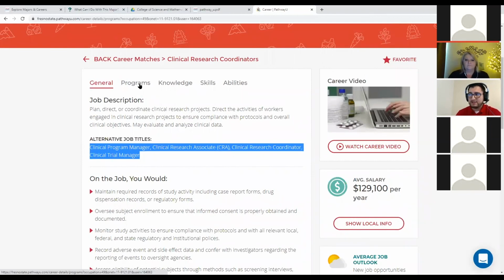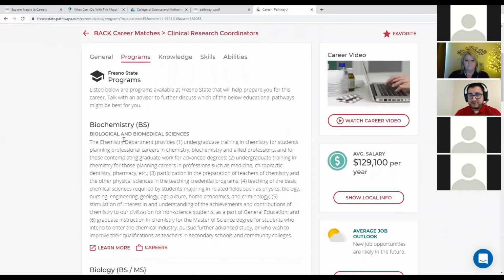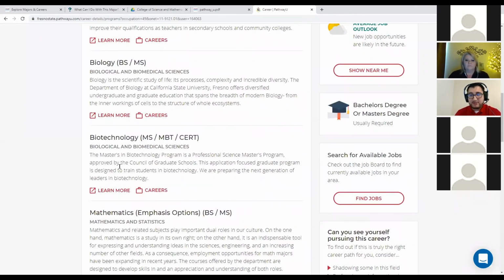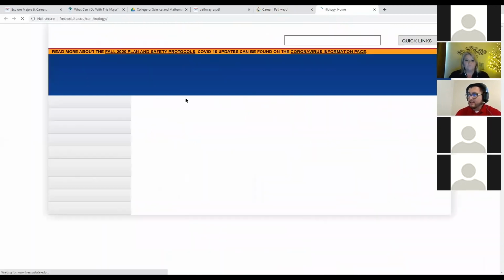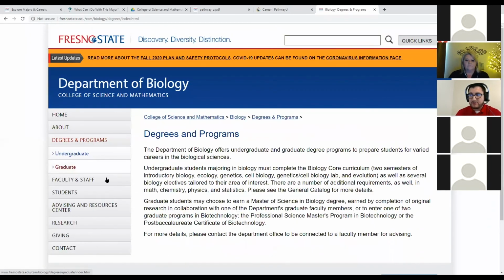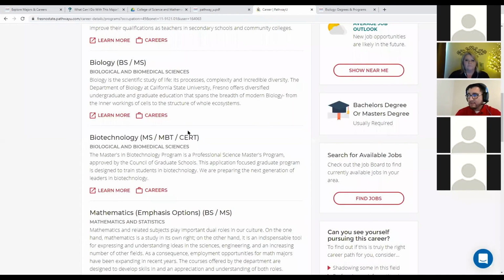You're also going to get to see the majors at Fresno State that align with that career. And if, by doing this, you learn about a new major and you want to learn in more detail what that major is, you click on Learn More. That's going to link you out to that department's website, where you can explore those degrees or also learn about the opportunities within that major for you as a student, for example, as a biology student. Coming back to